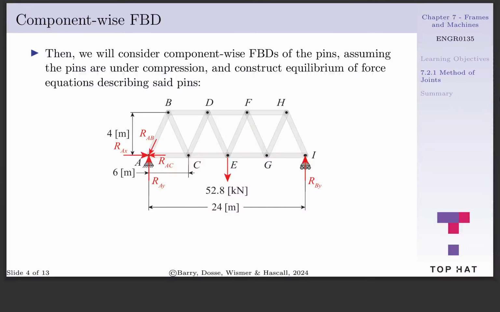For instance, if we look at pin A, we have RAX and RAY provided from the global free body diagram. Then, we have the compressive forces exerted by members AB and AC on pin A, RAB and RAC, respectively. We consider the summation of forces on the pins only. A pin is a one-dimensional body and cannot experience a moment of force. Another way to look at this is all the forces acting on the pin are coincident, so there is no